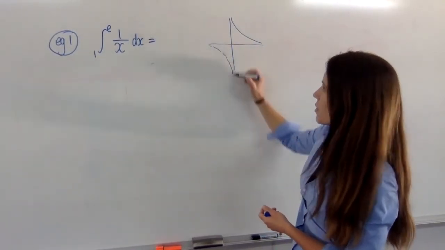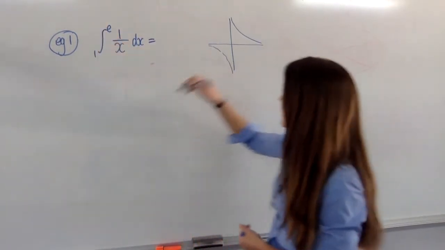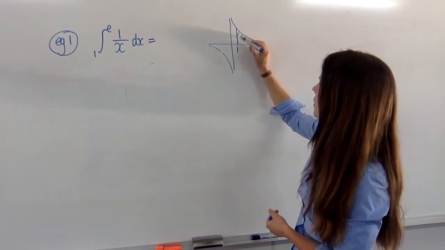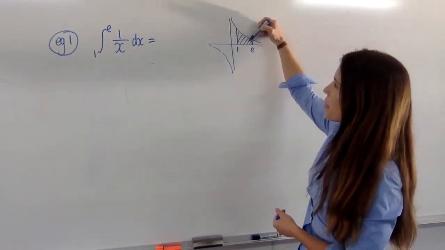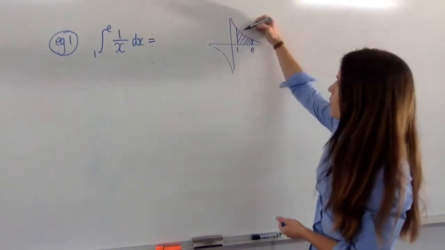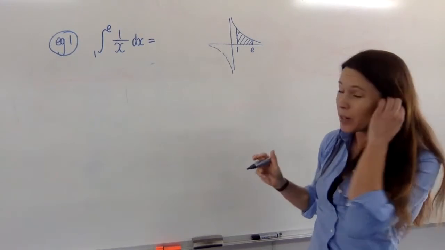We're not really interested in this bottom branch because we're looking at the bounds x equals 1 and x equals e, which looks something like this. And we're finding this definite integral, which is also the area under the curve in that point. Now, we know we've got positive values of x, so that whole absolute value idea, we don't really need it,